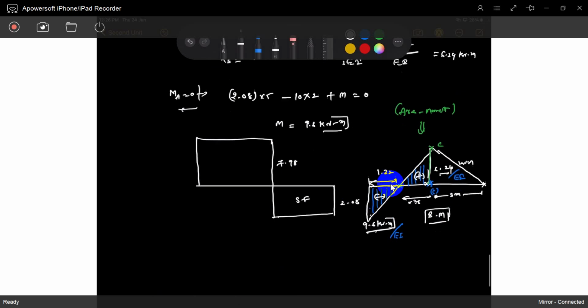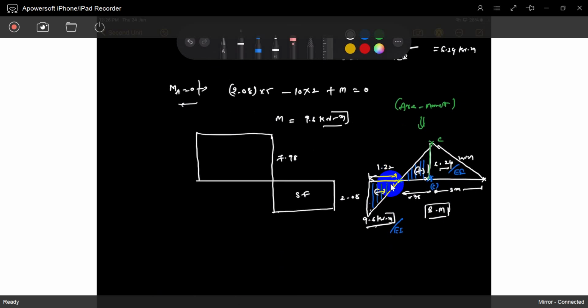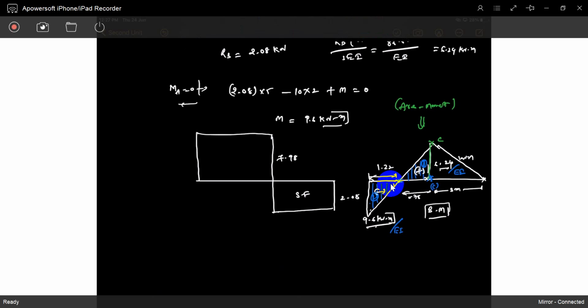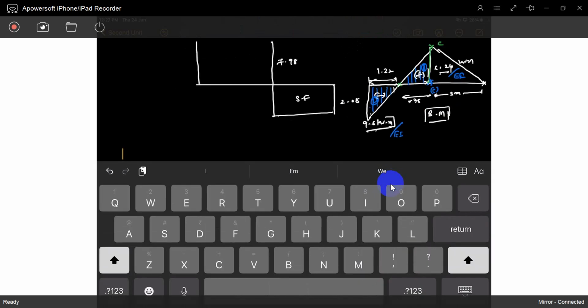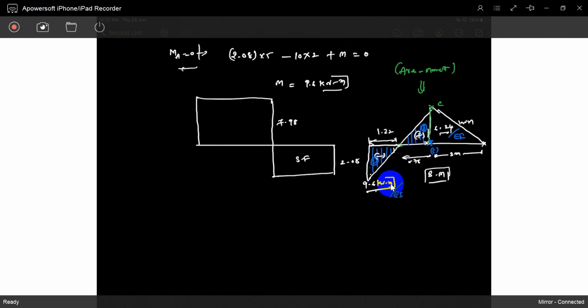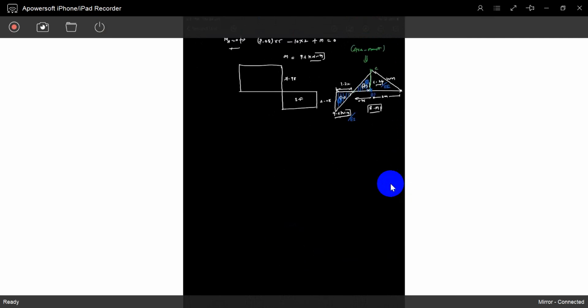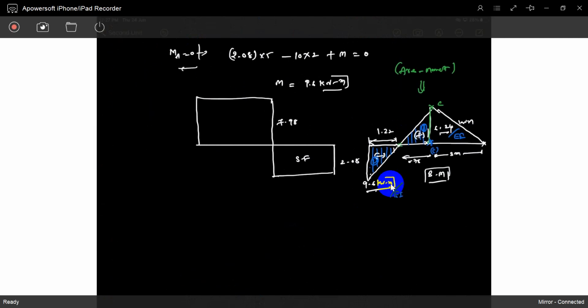Understood? Otherwise, if you have common sense, do you have common sense? Sir, everyone has common sense. These two are similar triangles, no? See, these two are similar triangles. So you can get it by mathematics. Sir, how? Just do it. See, these are the two similar triangles. Right? Okay, I will write it. These are similar triangles, no?